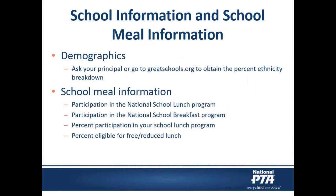So after completing the initial information and PTA information, you will get into the heart of the application. First, you will gather the ethnicity breakdown by percentage for your school. You can get this information from your principal during your commitment meeting or by going to greatschools.org and searching for your school. Next, the school meal information section will be completed with the information you collected from the food service